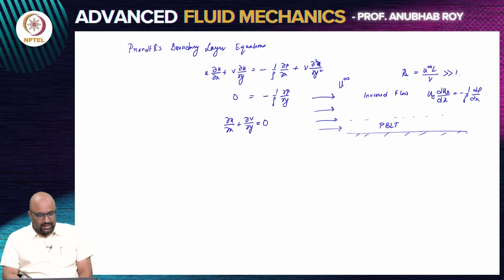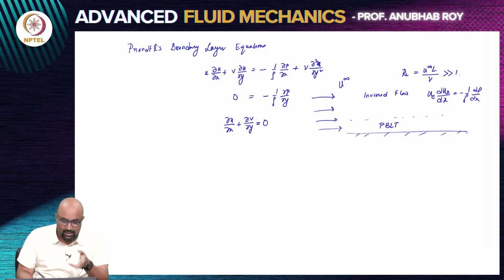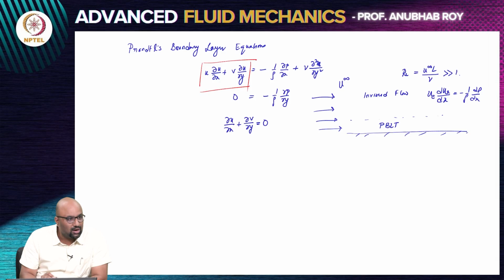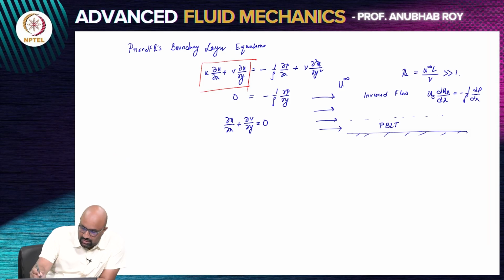Now, as you can see, the equations that you have for Prandtl's boundary layer theory are nonlinear equations. There is the inertial term, this is nonlinear, which means that you can't really solve these problems for arbitrary cases. It is not like you choose an arbitrary u infinity incident flow and you will get a closed form solution. So, there are different problems for which you can get approximate solutions or closed form solutions, but what we will pick up right now is one of the classical extensions or applications of Prandtl's boundary layer equation, which is what is known as